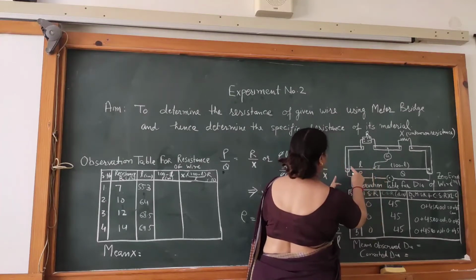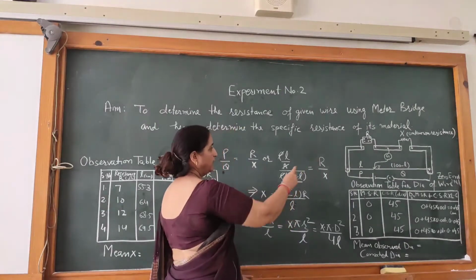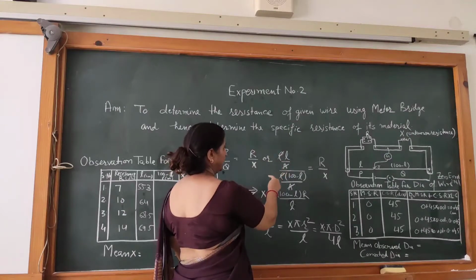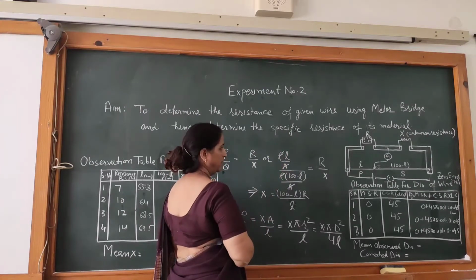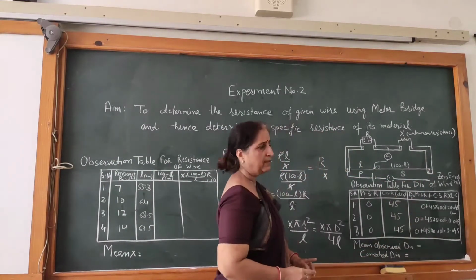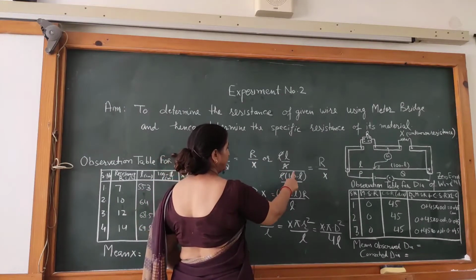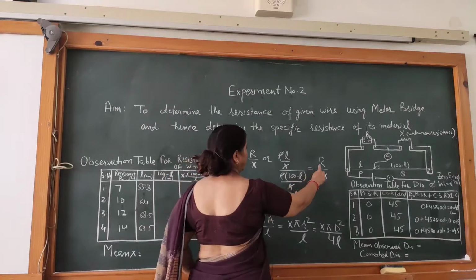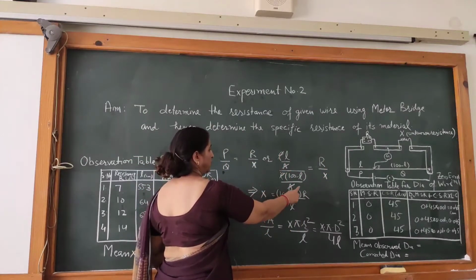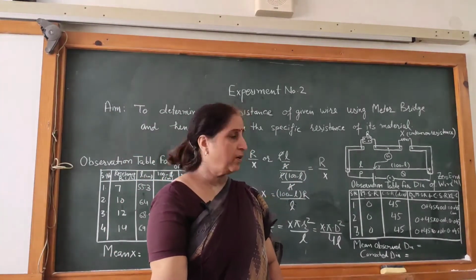Here the null point I have indicated is coming at a position where the length of the wire is L, that's why for the resistance of length L, in place of P I have substituted rho L upon A. The remaining length of the wire will also offer certain resistance, that is say Q. So the value of Q I have written as rho (100 minus L) upon A, is equal to R upon X. Here rho and A will cancel out. So from here you will get the formula for X as (100 minus L) upon L into R.